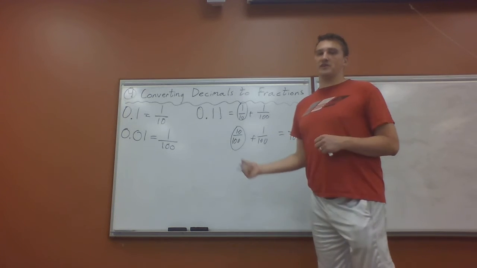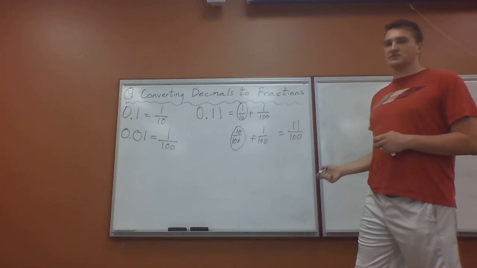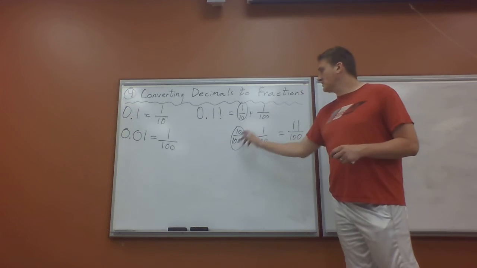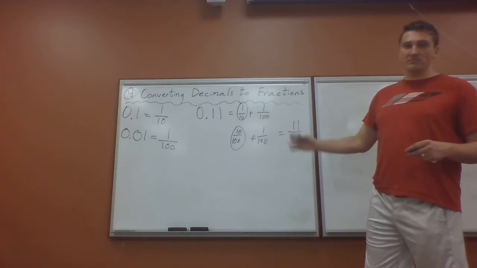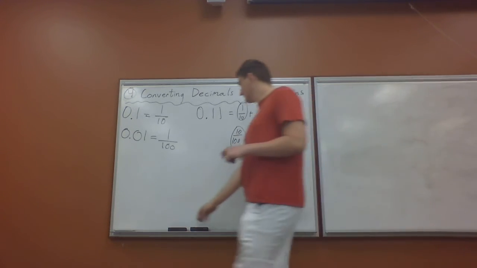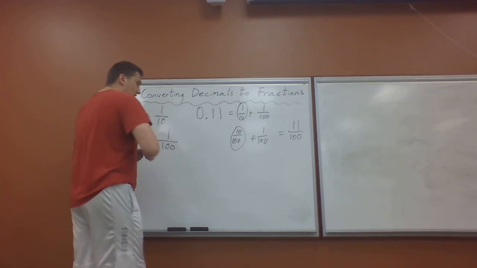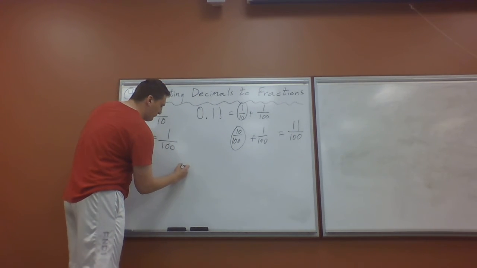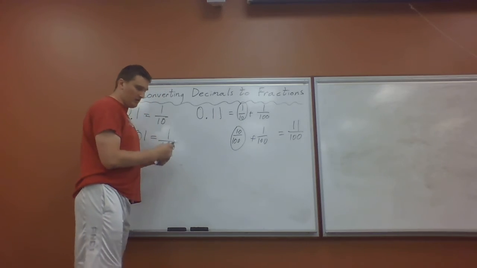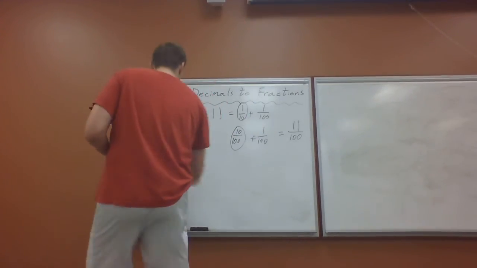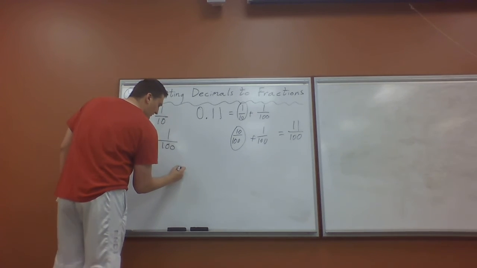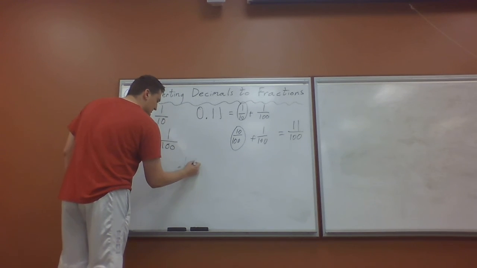So I want a quick way to do this. I want a quicker way to do this so that I don't have to do any addition or any conversions or any simplifying. If I have, and I'll use a darker color for that one, if I have a 0.17,